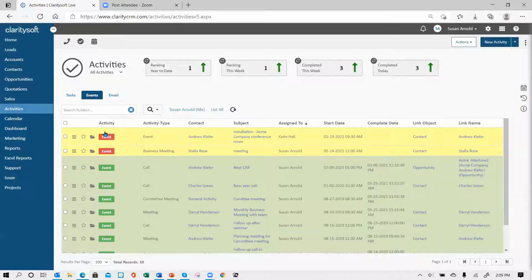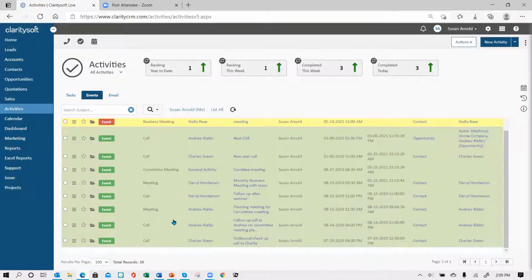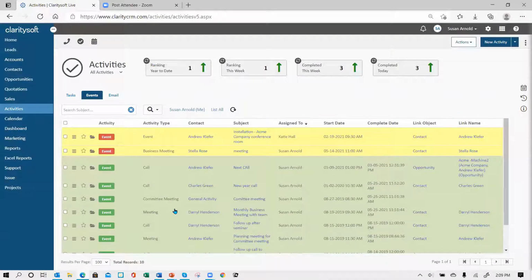So you can see here, this is the activity category, and this is the activity type. You can choose to put them all in one category, so your people only need to use one of the tabs here. Again, it's up to you how you want to set it up. I have a couple of people that have set everything up underneath events